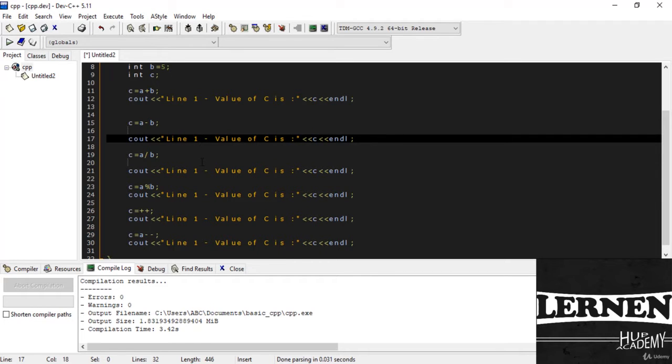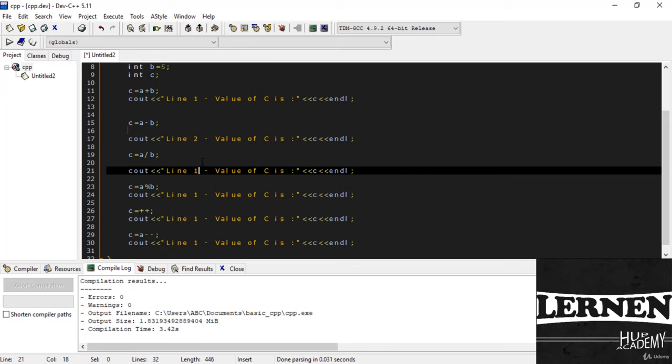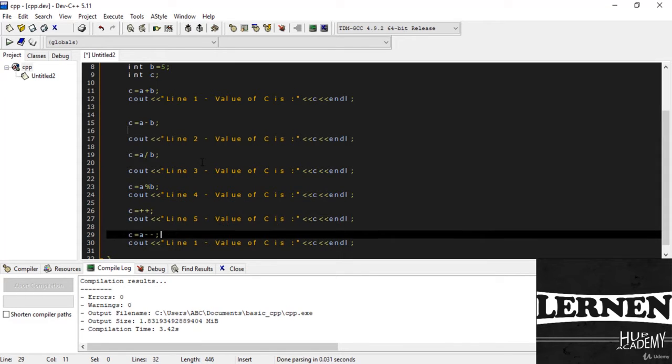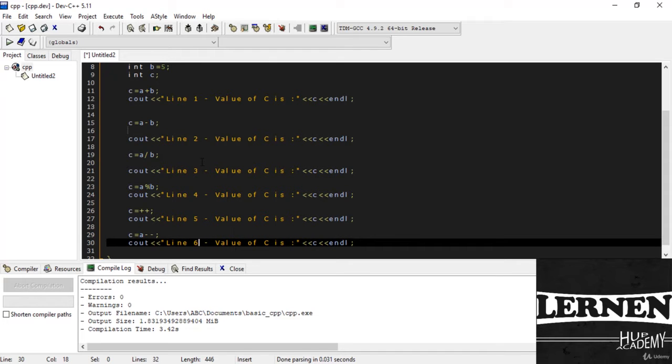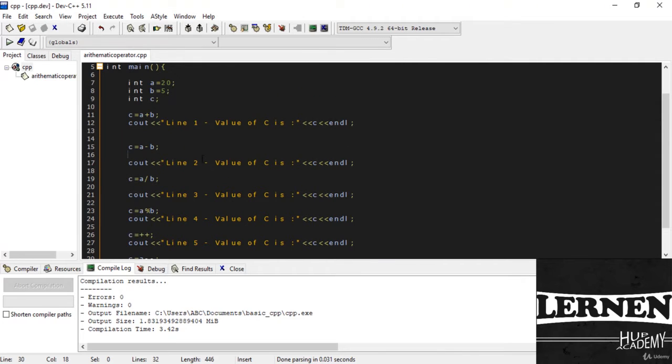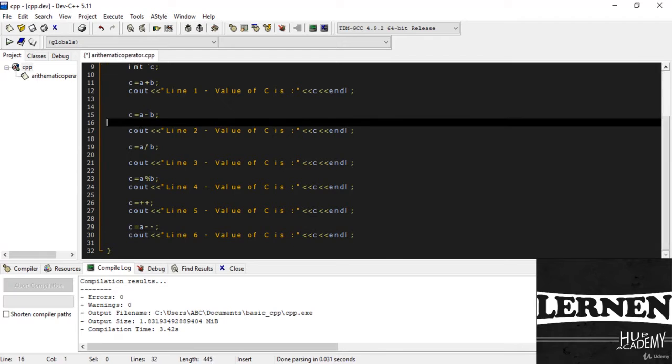So now I'll just change line number 2, line number 3, line number 4, line number 5 and line number 6, okay? I just save like arithmetic operator. So you can see our arithmetic operators are completed here, like for plus, minus, divide, modulus, increment and the decrement operator,